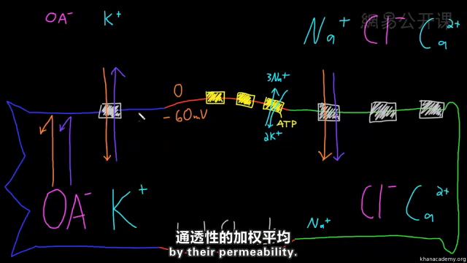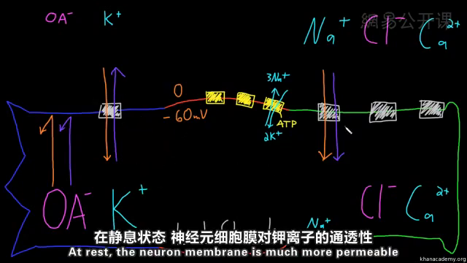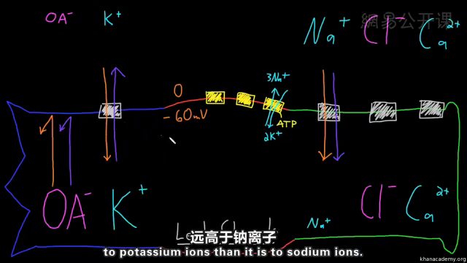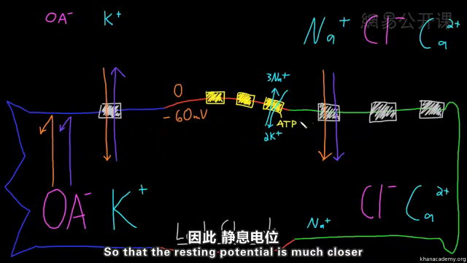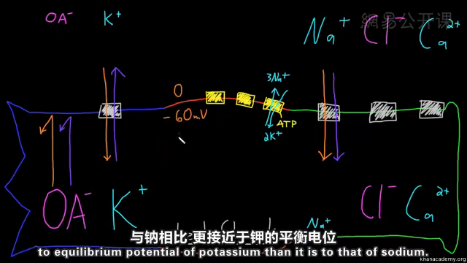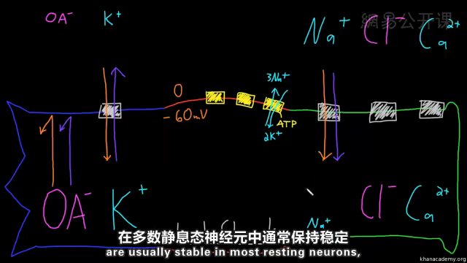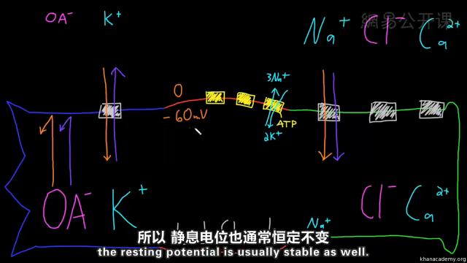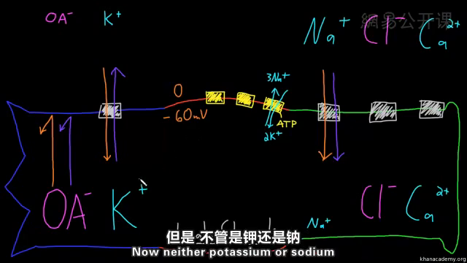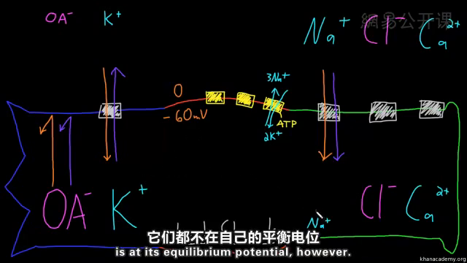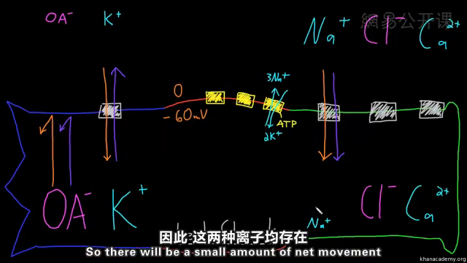Weighted by their permeability. At rest, the neuron membrane is much more permeable to potassium ions than it is to sodium ions, so that the resting potential is much closer to the equilibrium potential of potassium than it is to that of sodium. Because the concentrations and permeabilities of ions are usually stable in most resting neurons, the resting potential is usually stable as well. Now neither potassium nor sodium is at its equilibrium potential, however, so there will be a